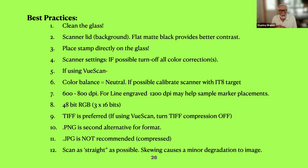I found 600 to 800 DPI is more than adequate for most stamps. If you have a very thin line engraved stamp, like say perhaps the Penny Red, 1200 DPI may help because it just gives you a little more meat on the thickness of the line for placing your markers. I realize that makes a bigger file, but if you're looking for accuracy, that's what I would